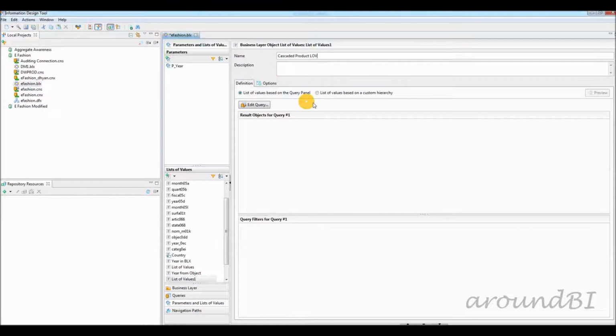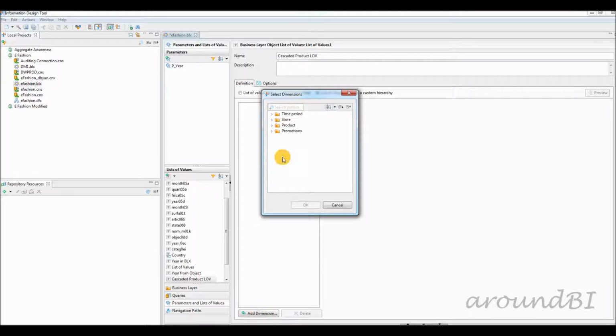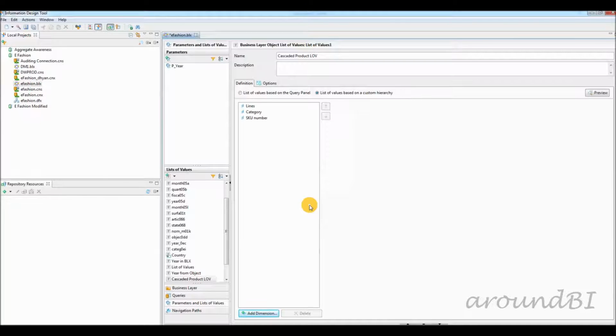We need to add objects that will form the hierarchical association. Our requirement is to add product lines, category and SKU number. Click on add dimension. From the product class, select lines, category and SKU number. Click OK. These three objects are selected.